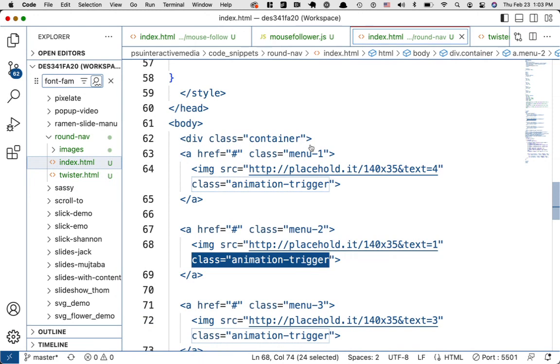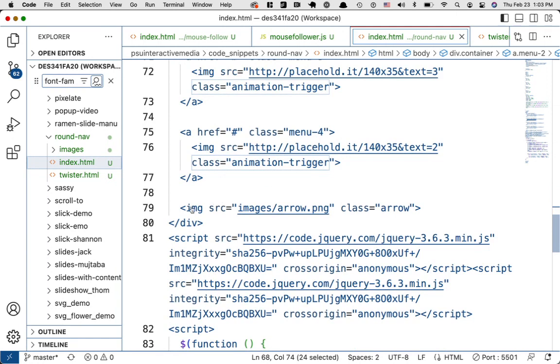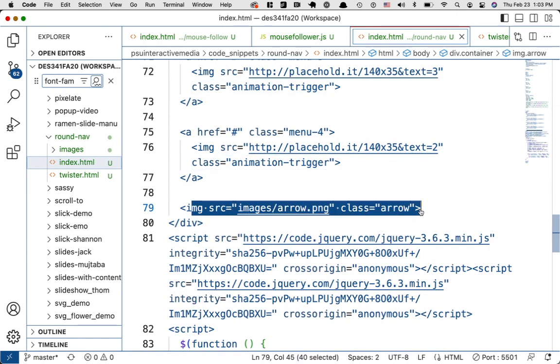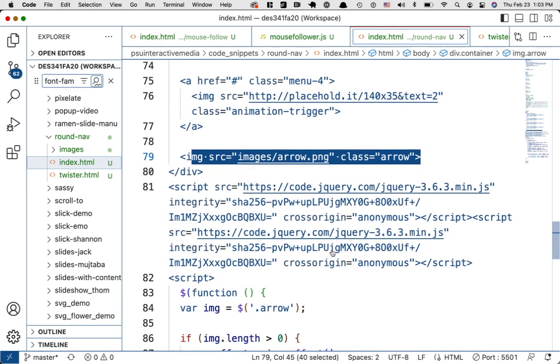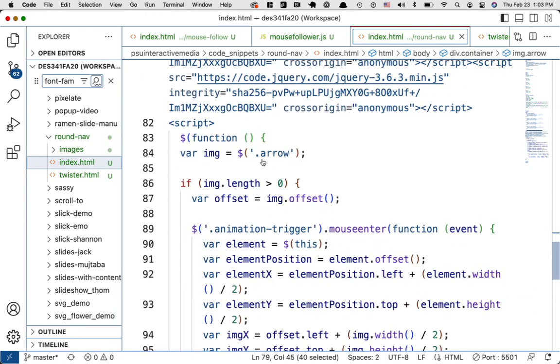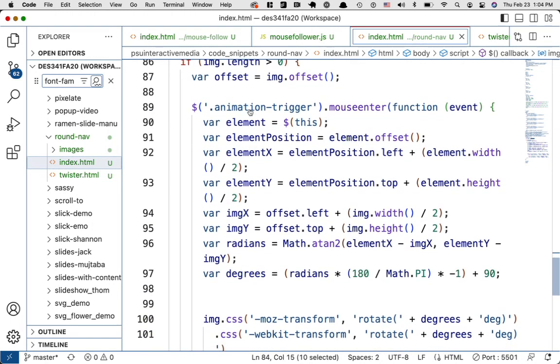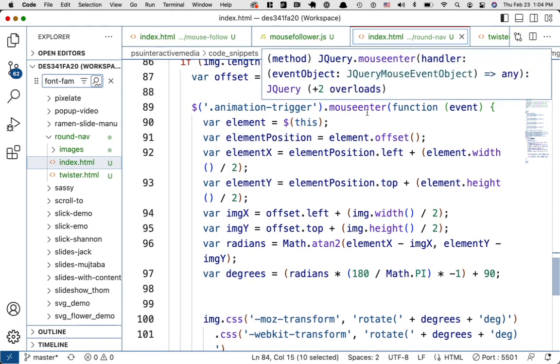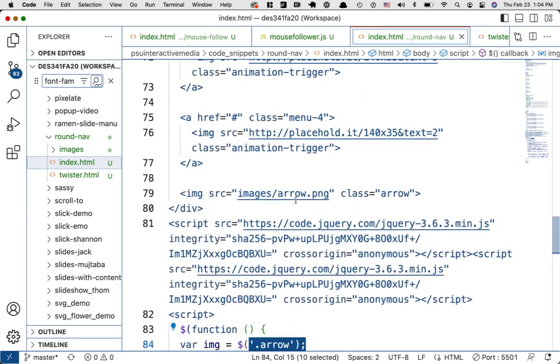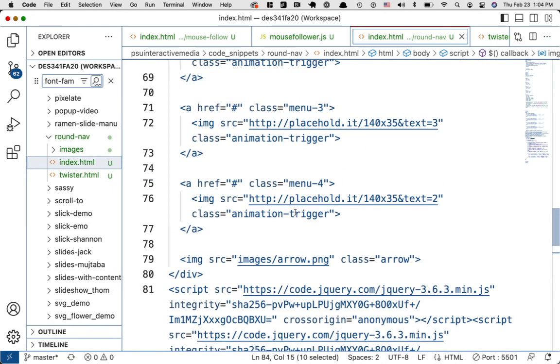And all those live inside the container. And then there's the arrow here, which is also absolutely positioned. It's using jQuery, and here's the script. So there's a variable for image that is pointing to that class of arrow. And it's basically as long as there's an image, then let's see, animation trigger. So when you mouse enter an animation trigger, so that's any one of these images,